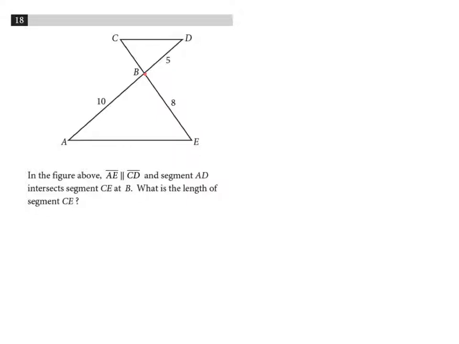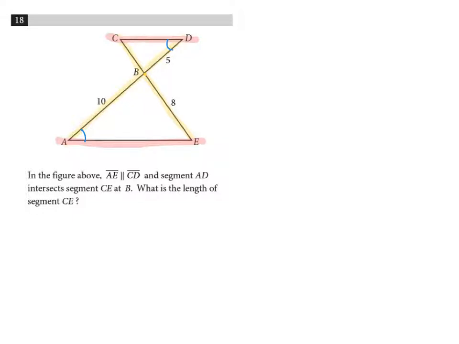Well, since these lines are crossing two parallel lines, AE and CD, we're dealing with transversals. So our alternate interior angles are going to be congruent,